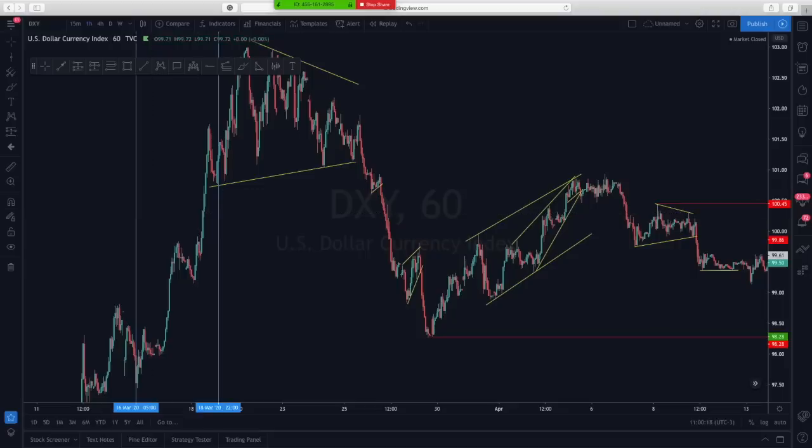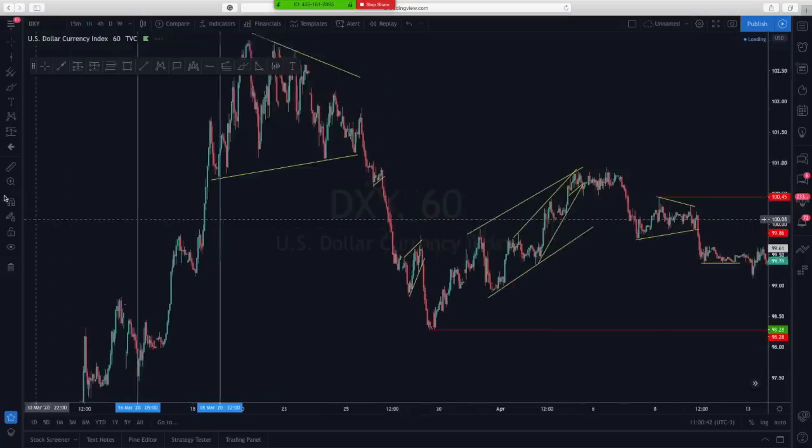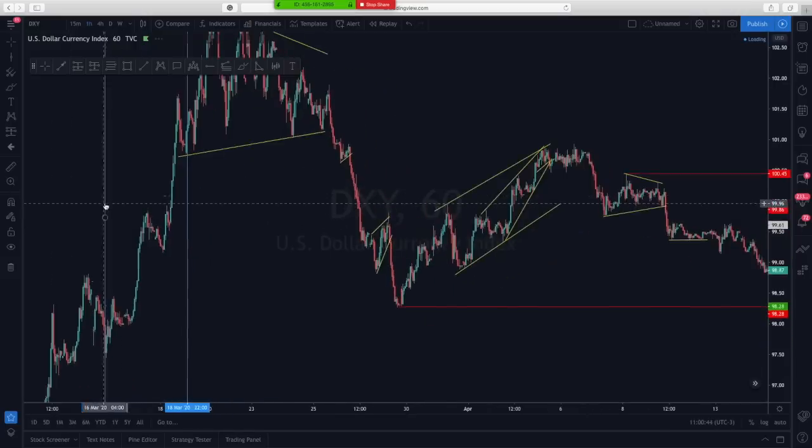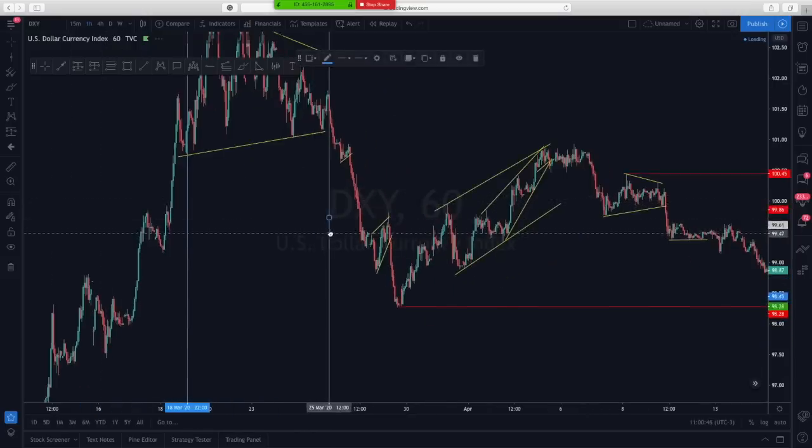So what does it mean? It means that we are now in an impulsive phase. This 80-20 rule helps you spot the difference between the correction phase and the impulsive phase. During this structure here, 80% of the time we are impulsing, so we're in an impulsive phase. And obviously vice versa, it helps you see the difference between impulses and corrections.